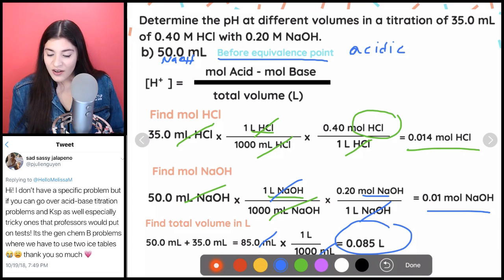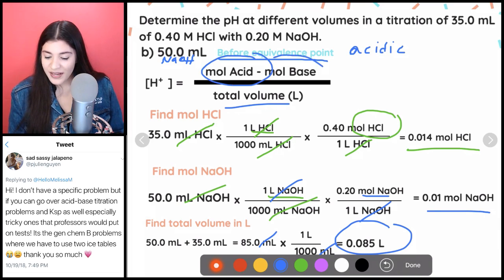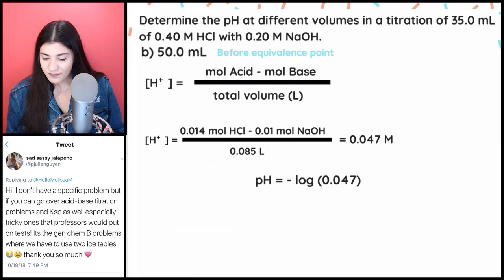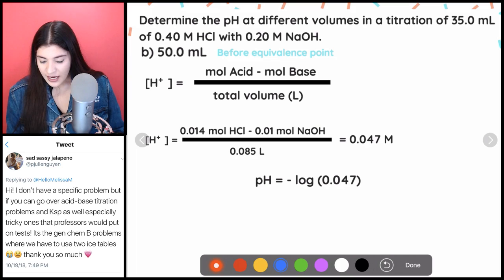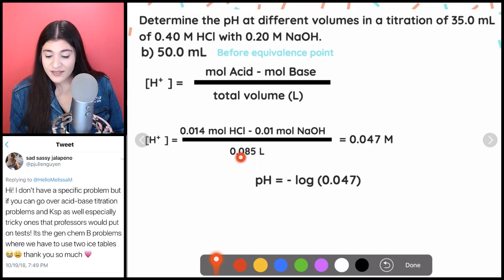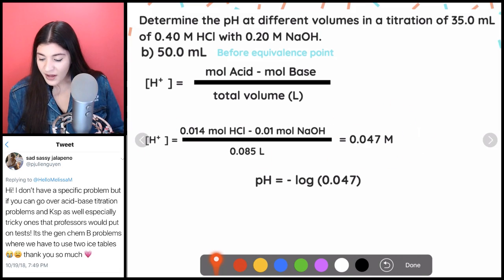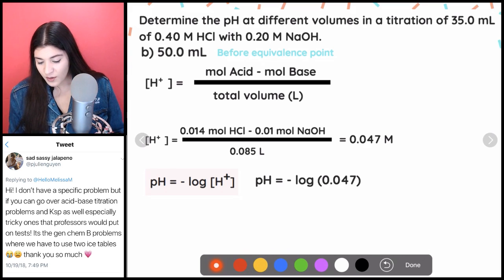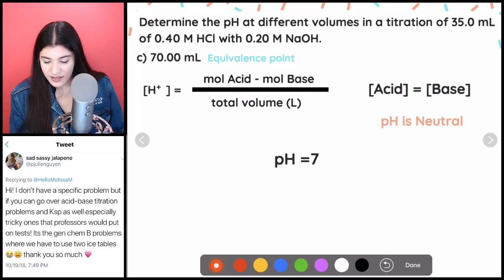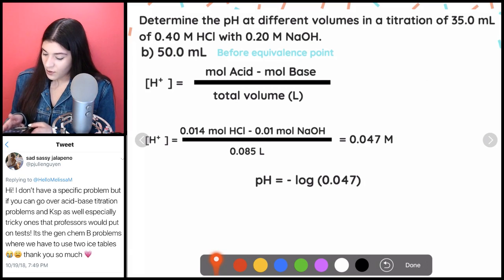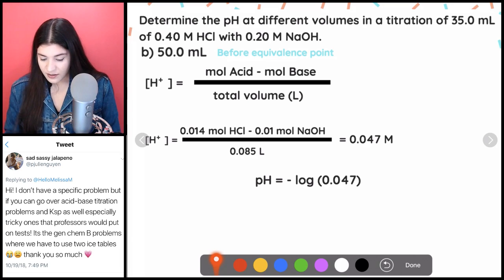So we have our volume, we have our acid and our base. Now I'm going to plug everything in and subtract. So when we do that, after we plug everything in, we subtract those two and divide. This gives us our concentration of our acid, which is this. And all I have to do is plug it back into our pH formula, which is the negative log of our acid concentration. So when I do that, I get, oh, you know what, let me go back. That's right. I was going to do this with you guys. So let's see what we get. Negative log 0.047. All right. This is going to give us a pH of